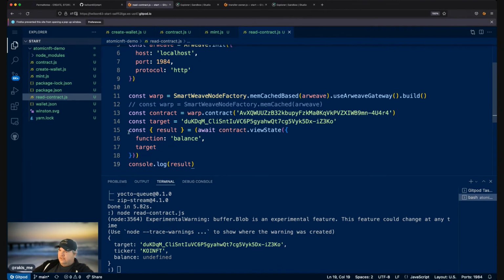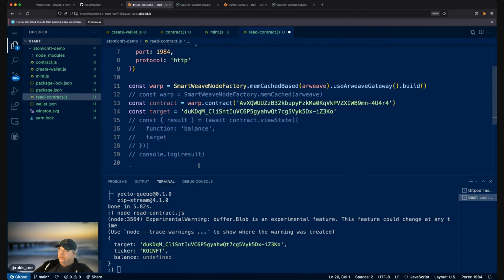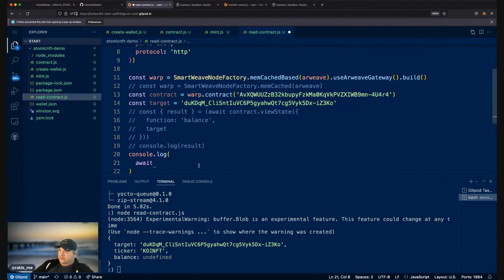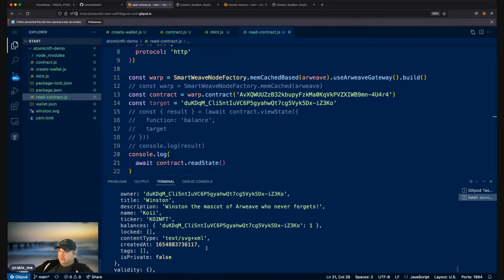So let's comment that out and do console log await contract read state. That should print the whole state out. We have our balances. Quantity one